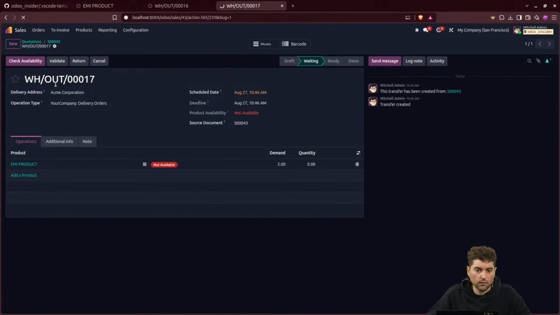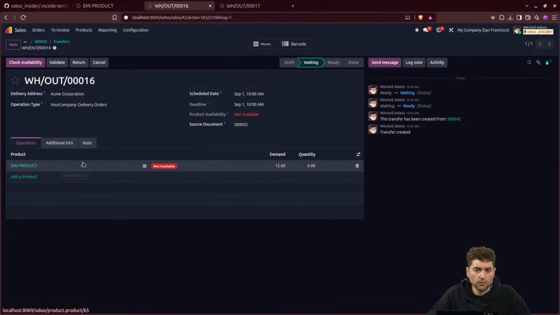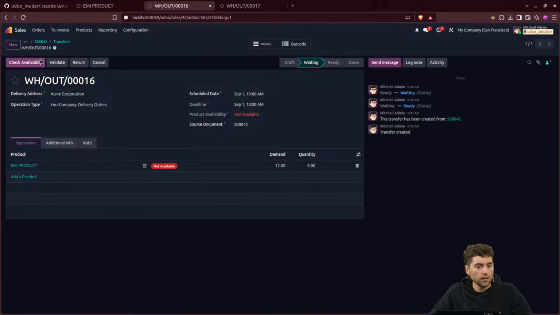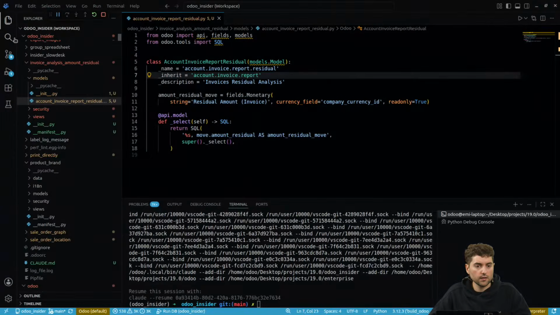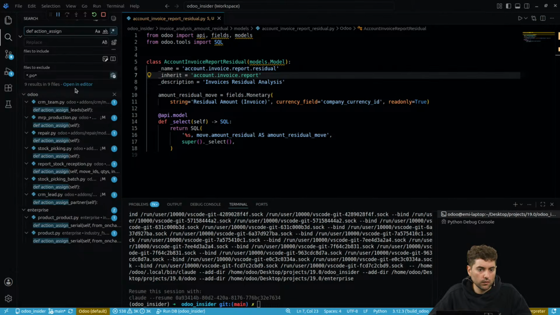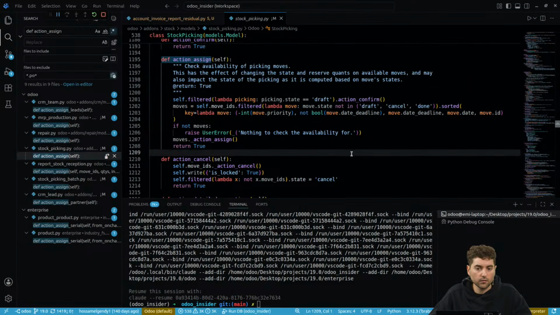And then I think I can do check availability. Yeah, no, but I think because it has been reserved by something in the future, I don't know if the flow is right. If you tell me what I'm doing, I can try to replicate, and then we can see what is being performed. Because if we do the check availability, there's an action assign. We can try to see what operation is being performed and what is being considered as part of the